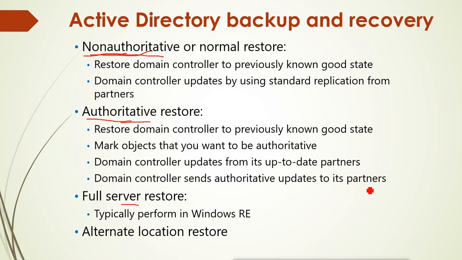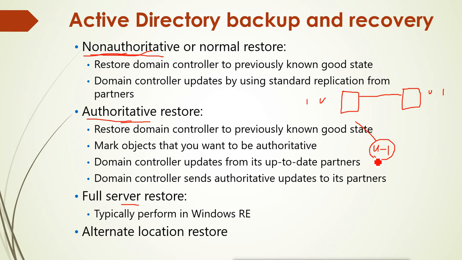What that means is, suppose we have two domain controllers here. Remember, they replicate information to each other. For example, we have one user here, so when we create the user, it will be replicated to the other domain controller. That user is created, and the object ID will also be updated. Suppose the object ID is 1 here, so it will be updated as 1 here also. Now we take the backup on this domain controller. When we take the backup, the object is backed up, and the object ID will be 1, because at the time of the backup the ID was 1.